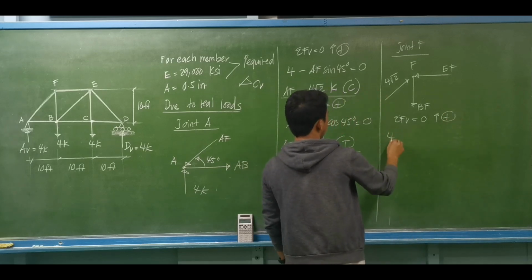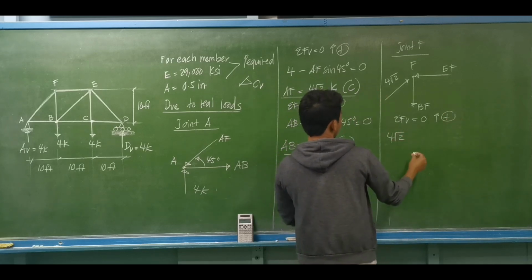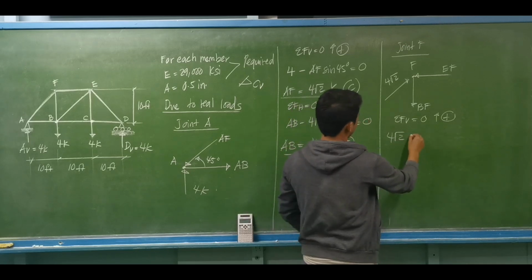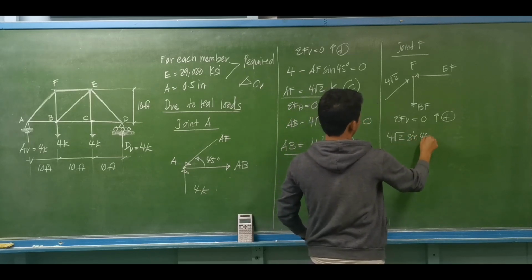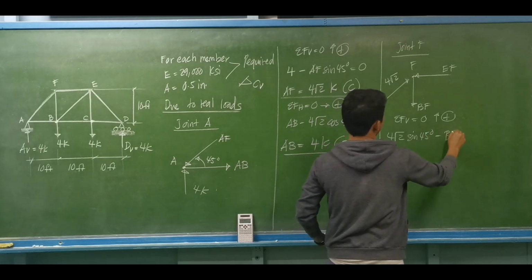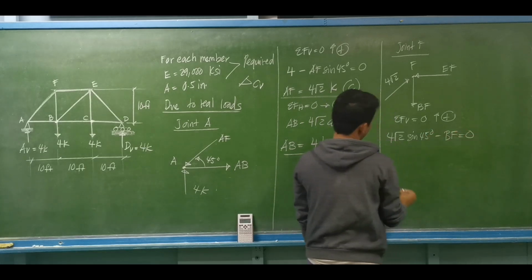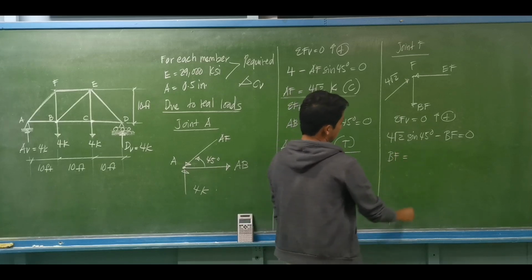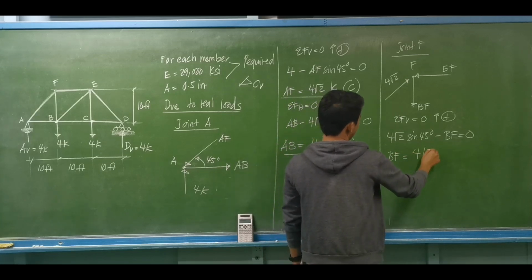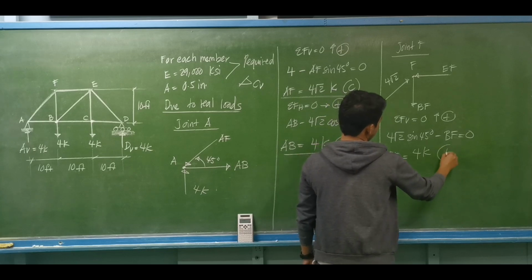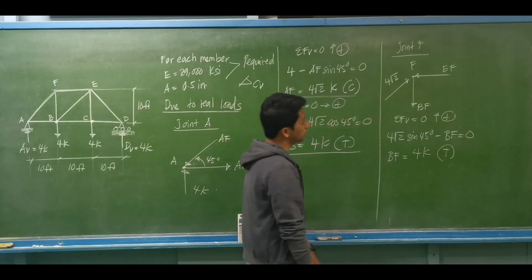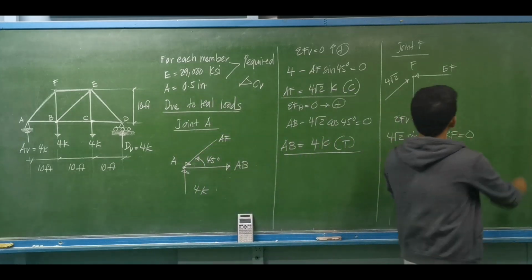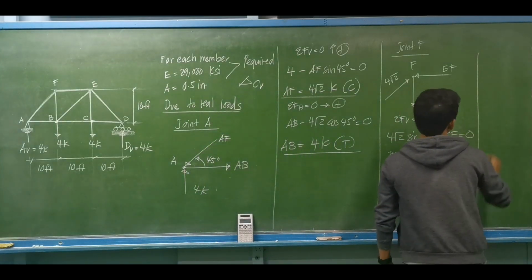So this is 4 square root of 2, minus 4 square root of 2 vertical component, we have sine 45 degrees, minus BF equal to 0. So I think this is BF. Axial force, remember BF is the same as 4 kilonewtons, and this is under tension. Remember BF. And EF, by summation of